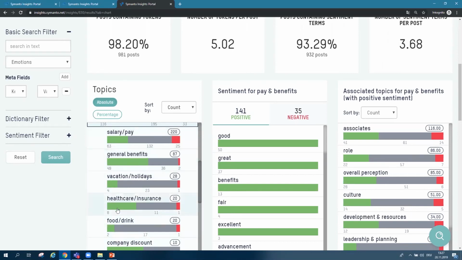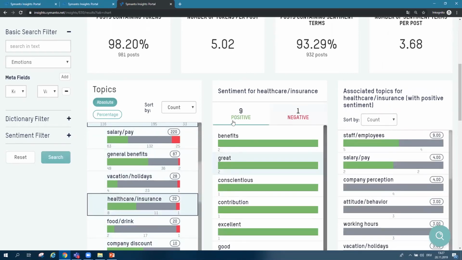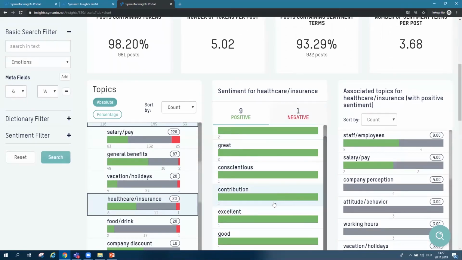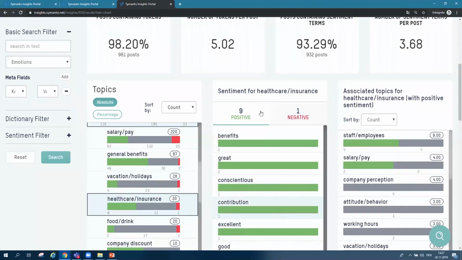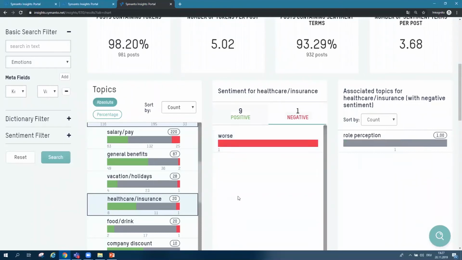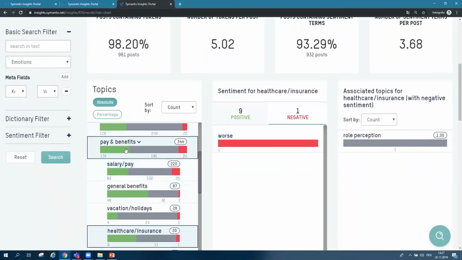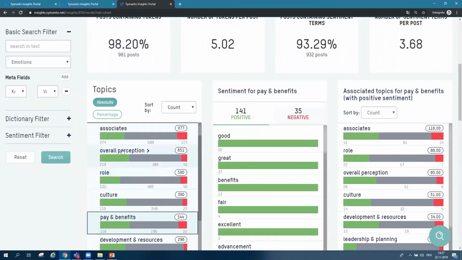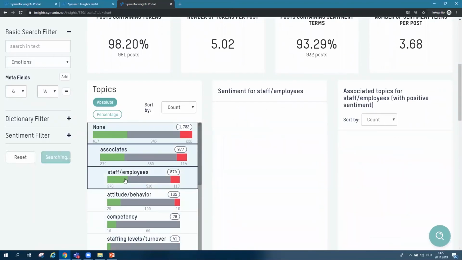For example, if we look into healthcare, you see how they describe their positive experience with it, that it's great, its contribution is excellent, and so on, and how they describe it in a negative way. Maybe let's go for one that is a little bit hidden, staff employees.